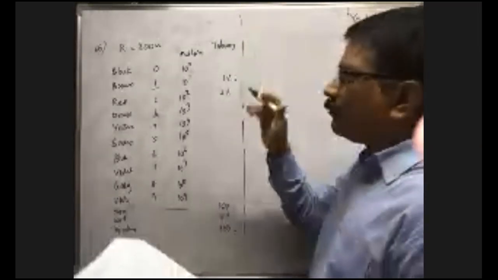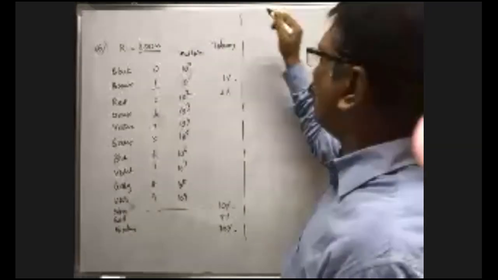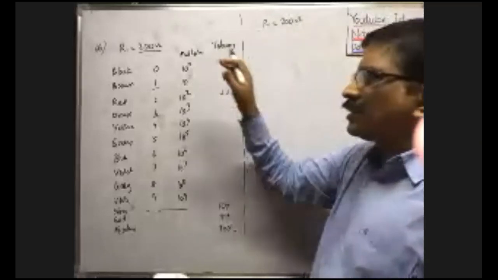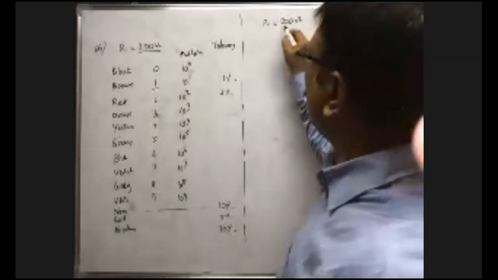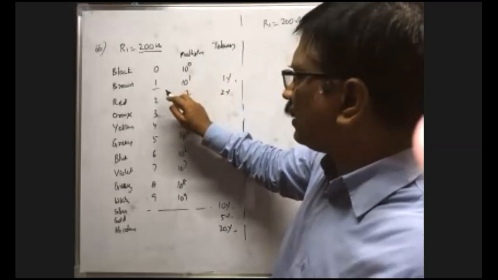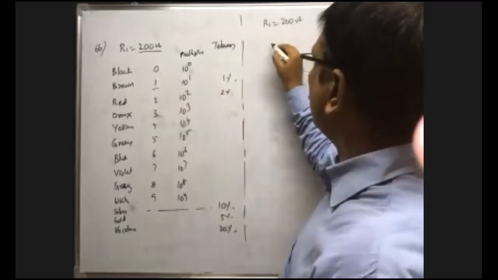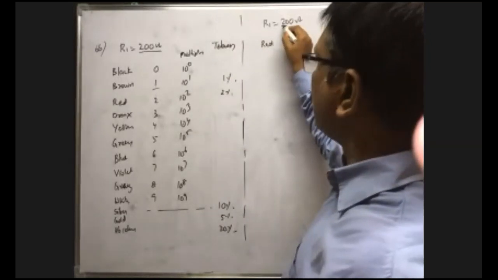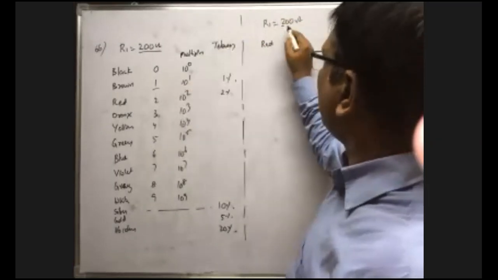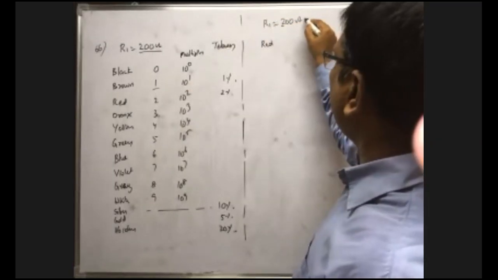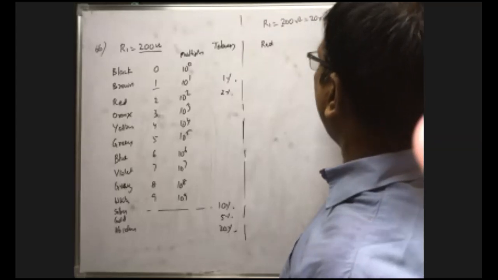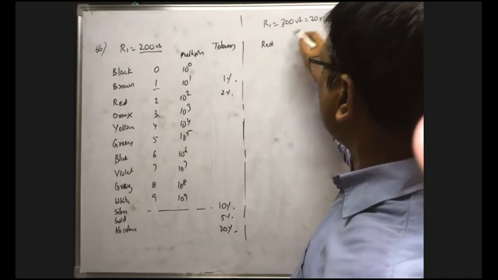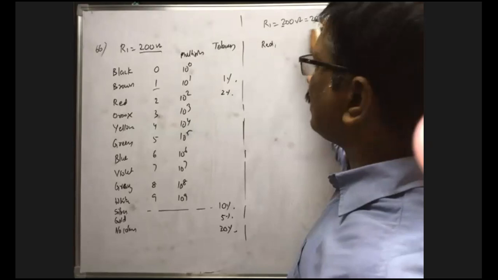Right. You see, to obtain this 200 ohm, what is the color coding on the resistor? First, you tell me. Here, the first 2 digits are there. To obtain the digit 2, that is red, no? So the first colored band is red. Next you will get 0. Actually, this can be written as 20 into 10 to the power of 1, which means 200 only, no? So the first digit is 2. That's why red is there. Next, the second digit is 0. 0 means black.